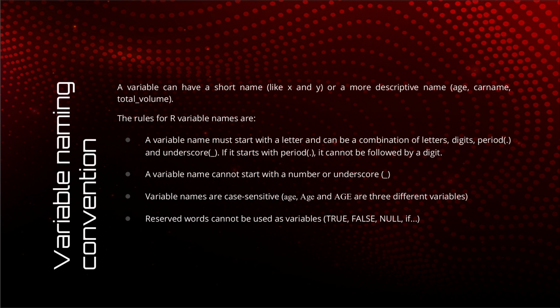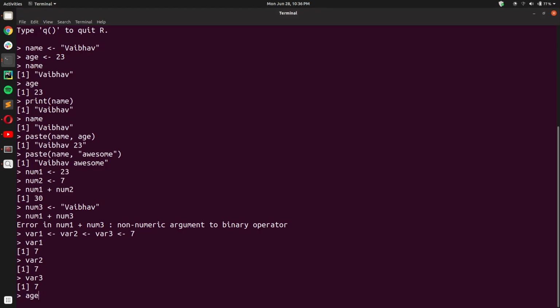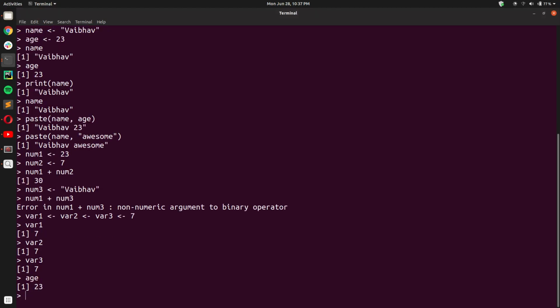Next, variable names are case sensitive. So let us say you have the variable age. The variable age has the value 23, but this age was in lowercase.